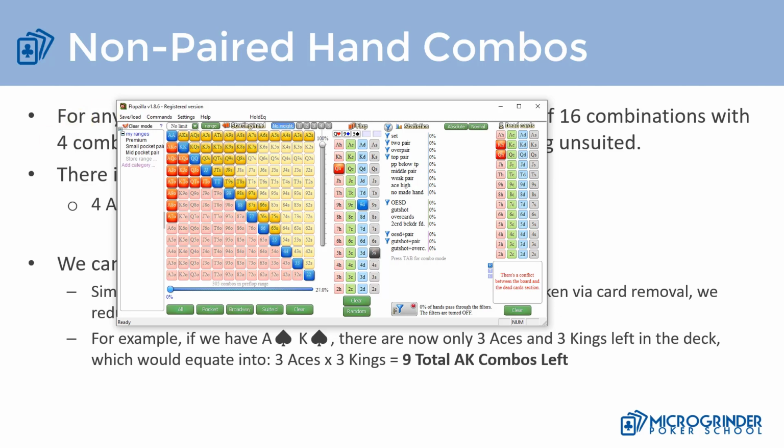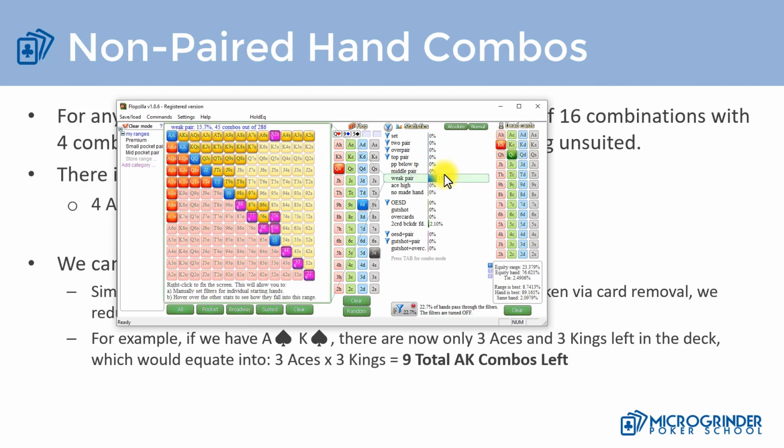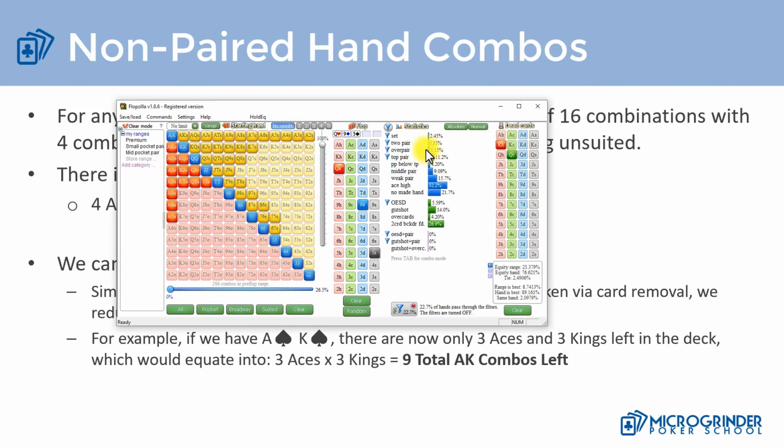So what this tool is going to show us, and I know there's a lot of information on here, but in terms of our opponent's starting hand preflop range, it starts with 305 combinations. When we go to this flop, and there's actually a conflict here, so I actually need to remove this. You'll notice that it didn't work properly. We need to switch this to the queen of clubs. Once there's no conflict here, because I can't have the queen of hearts when it's over here,